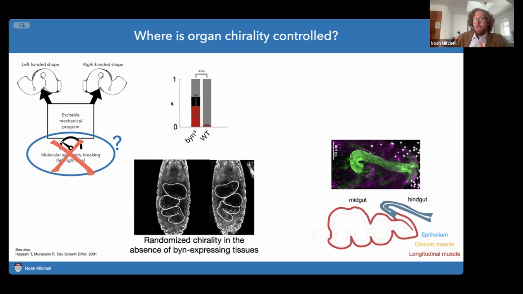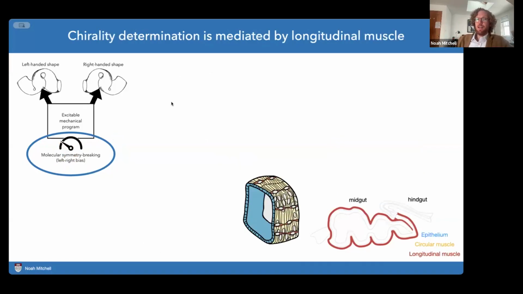So we then ask, okay, well, which part of this domain is actually determining chirality? And the answer is just a touch subtle, so I'll say it in 2 parts. The first is that the only part of that brachyientron domain which is actually part of the midgut is the longitudinal muscle. So what if we try to kill off that longitudinal muscle? We first targeted this tissue and just tried to make it very unhappy by expressing HID, which is an